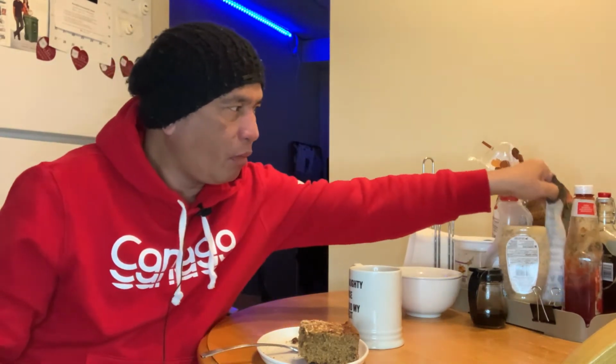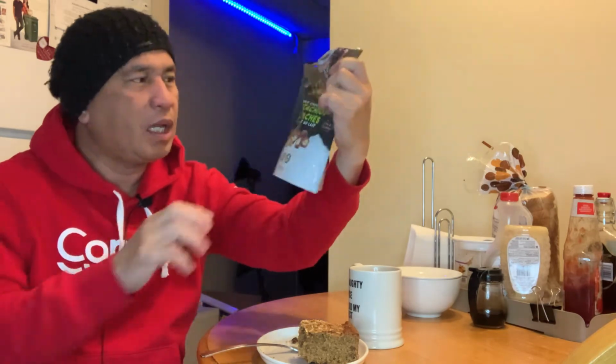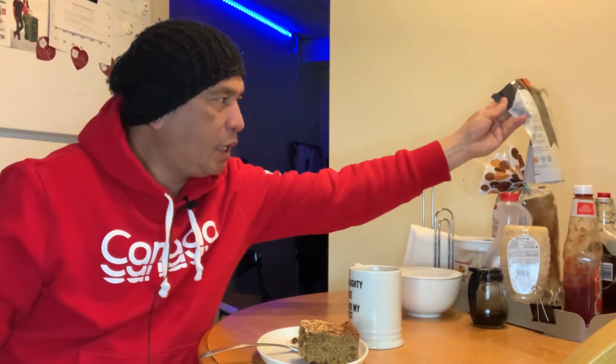Yung banana cake ko guys, nilagyan ko siya ng raisins, pistachio, and the chocolate chips. Yeah. Kaya medyo over calories na siya, but it's only an optional. It's up to you kung lagyan nyo or hindi. Pero ginawa ko kasi meron kasi akong chocolate pistachio na matagal na hindi na nagamit. So ayan, at saka mayroon pa rin akong tira-tira from December yung mga chocolate chips, kaya overload, ginawa ko siya